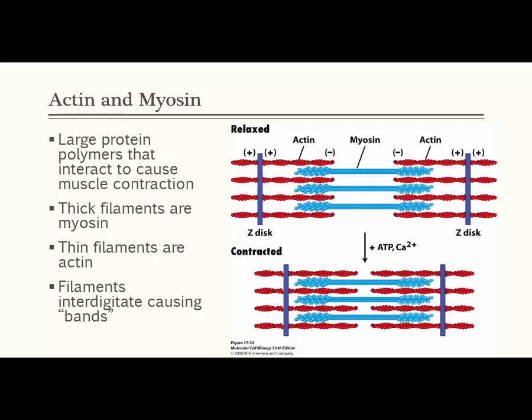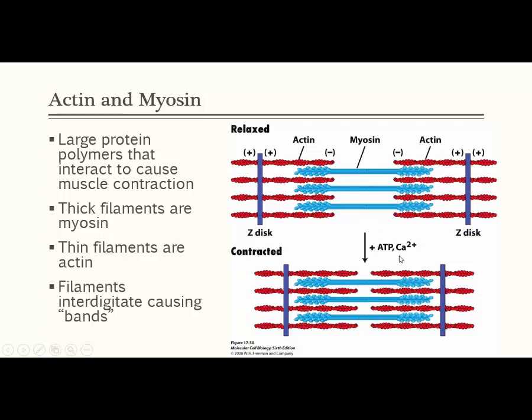You see this structure as bands which stain differently and have different densities. So you can see why, looking at this microscopically, you might see sort of stripes, and those stripes are called bands. When the signal to contract is received at the neuromuscular junction, and the impulse is conducted through the sarcolemma, which is the plasma membrane,